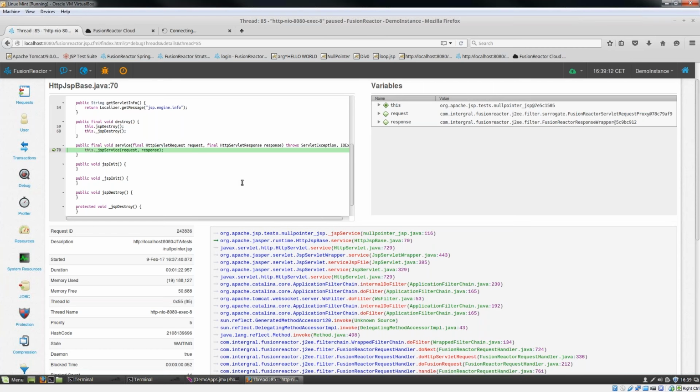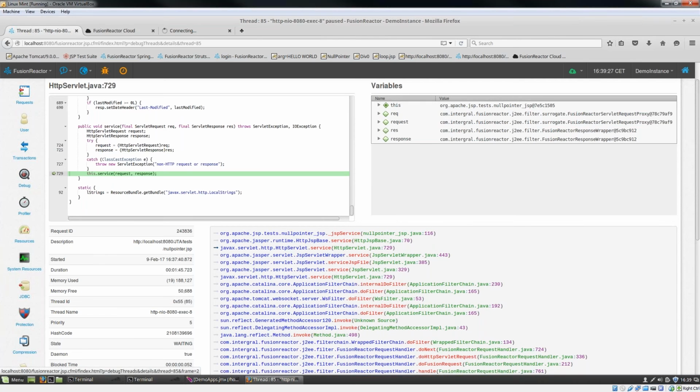But with the production debugger, I can actually go up and down the stack, and you can see on the left-hand side the code changing, and on the right-hand side you can see the variable context also changing as we go up and down the stack. And if I go back to the point where the error occurred,